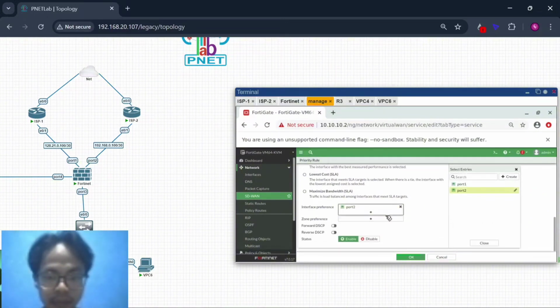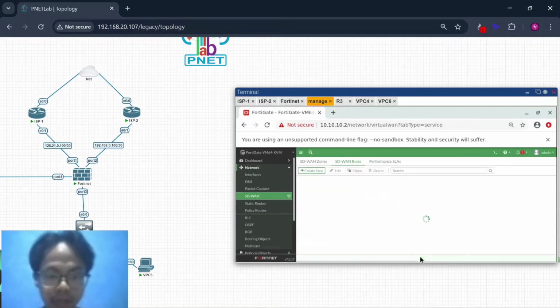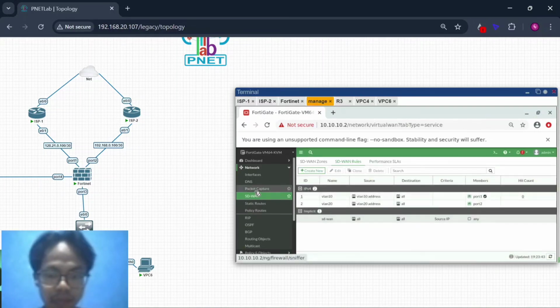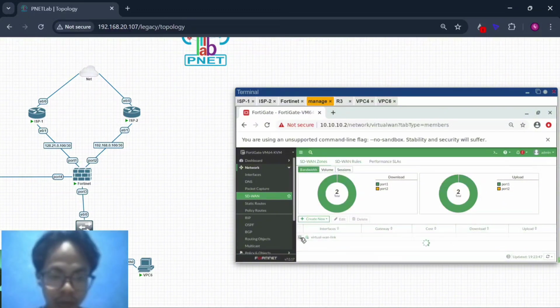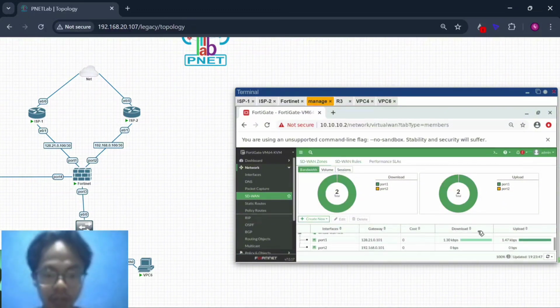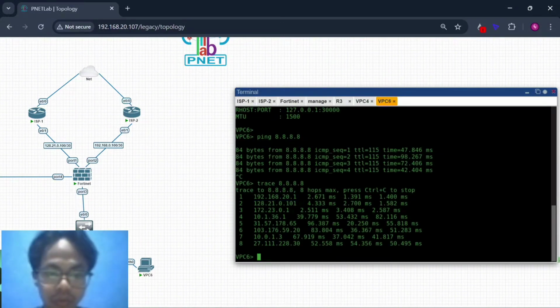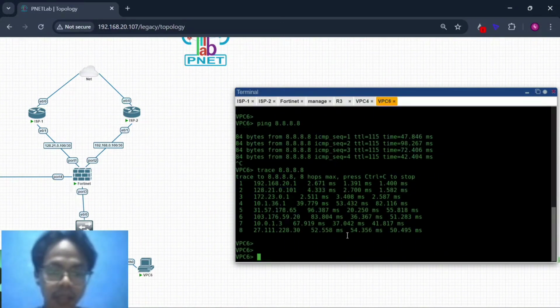Okay, and now you can see from this SD-WAN zone, port 1 is incoming and outgoing traffic, so I can write trace.